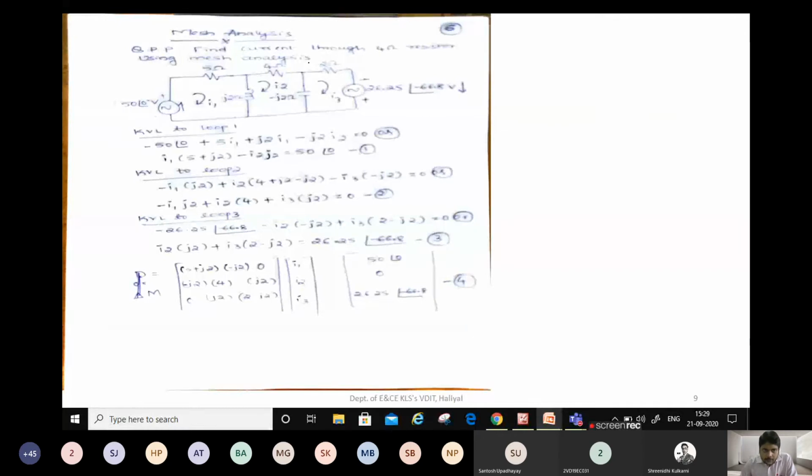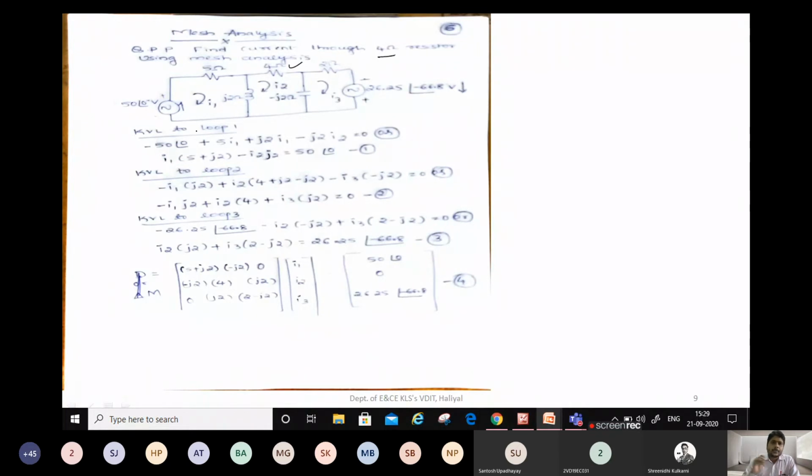Okay, next, coming to one more technique, that is mesh analysis. Are the values visible here? While taking the picture, I think it is not clear. Is it visible to everyone? Yes, sir. Okay. See here, what is being asked is you have to find the current through the 4 ohm resistor. Where do you find this 4 ohm resistor? In the second loop. Here we have the 4 ohm resistor. So our requirement is, first you have to mark I1, I2 and I3 as the loop currents.